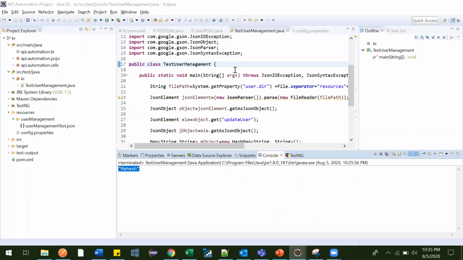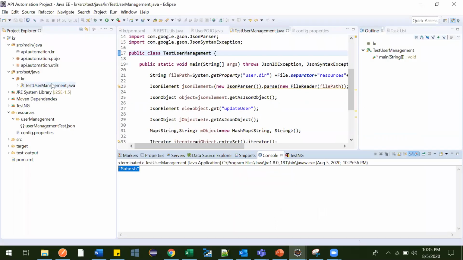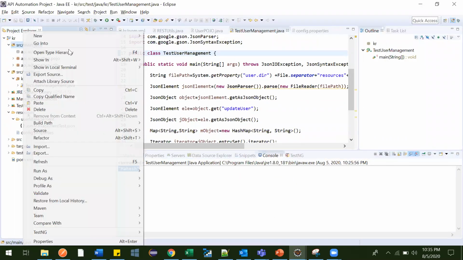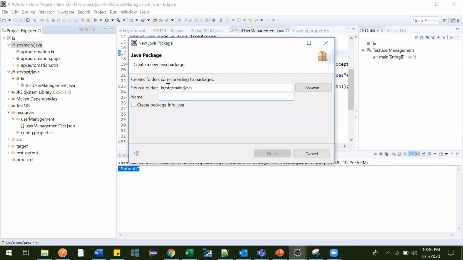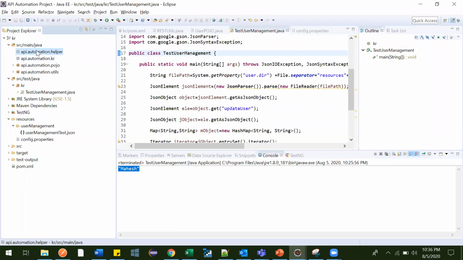Go to Eclipse. Let me create one package here, and we'll name that package helper, so API dot automation dot helper.